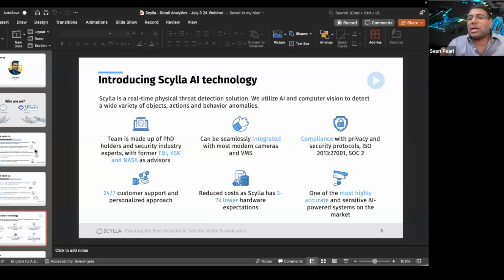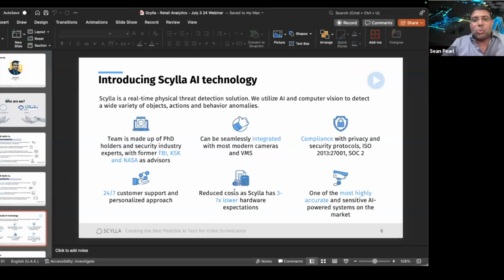So when it comes to Scylla actually implementing their video analytics, they are completely camera agnostic. It doesn't matter if you're using brand ABC or you're using brand XYZ. All we do is very simply pull up an RTSP stream from the camera, map it onto a smart GPU device, and all of the analytics are being run on that.